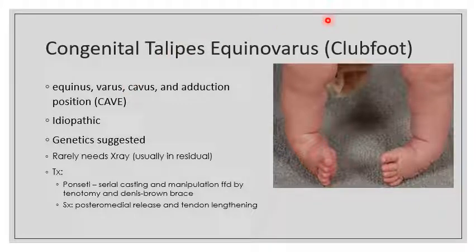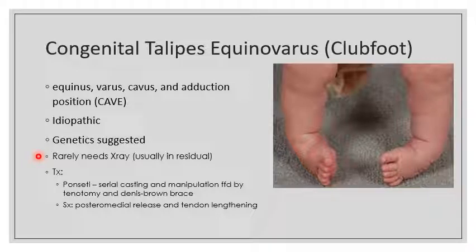Adductus of the forefoot is due to the tight tibialis posterior, varus due to the tight tendon of Achilles and tibialis posterior, and equinus basically due to the tight tendon of Achilles. It is an idiopathic condition, but genetics is highly suggested. We don't usually need x-ray, but we request x-ray in some cases where we do some Ponseti reduction and